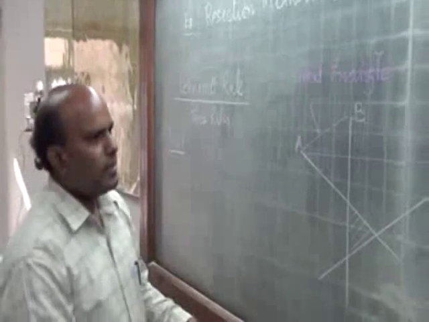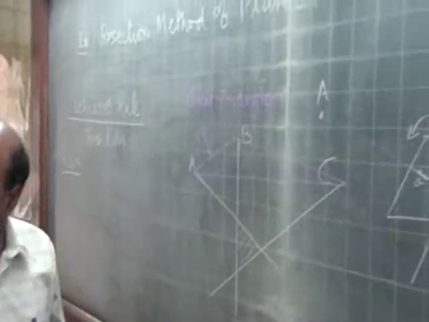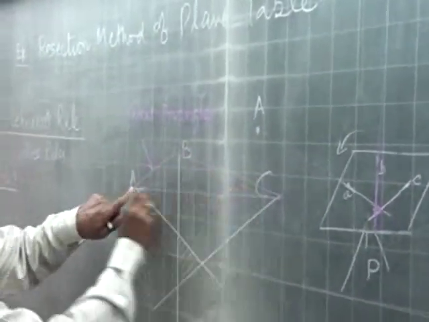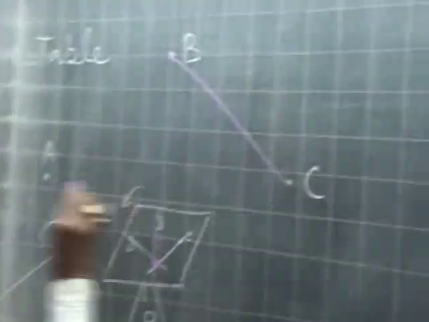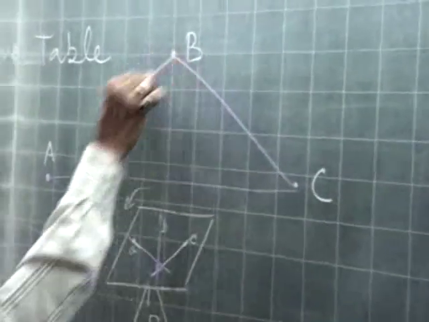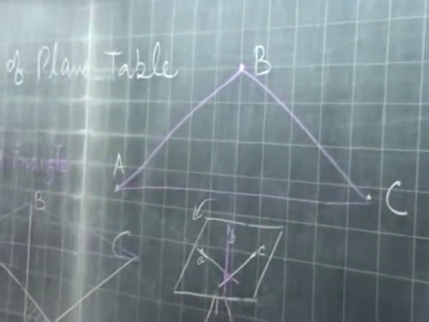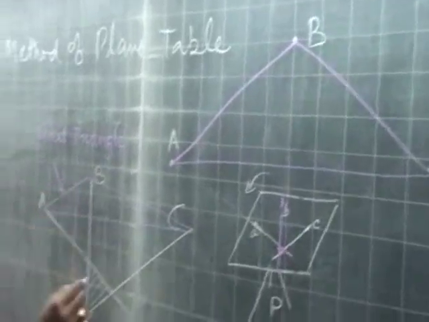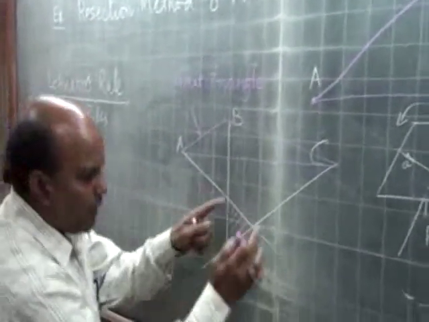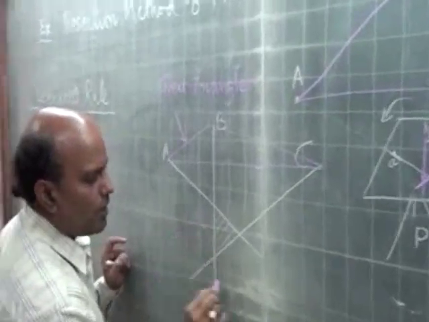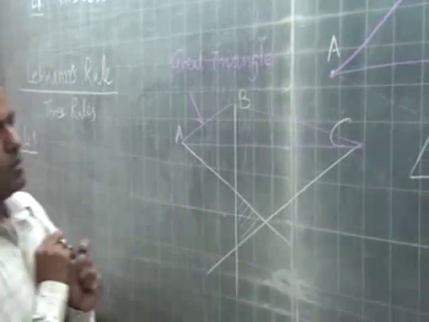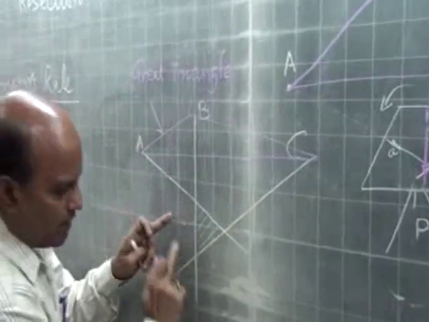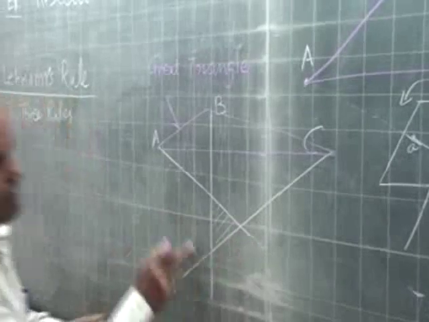Otherwise, if you are outside the triangle, as in this particular case, if I join A, B and C, this triangle is formed and we are standing outside the triangle. So it says that if you are standing outside the triangle, your position will be outside this triangle. So outside this triangle, my position may be here, here, here, anywhere. In this particular case, my position may be somewhere in this particular region. So this is rule number 1.